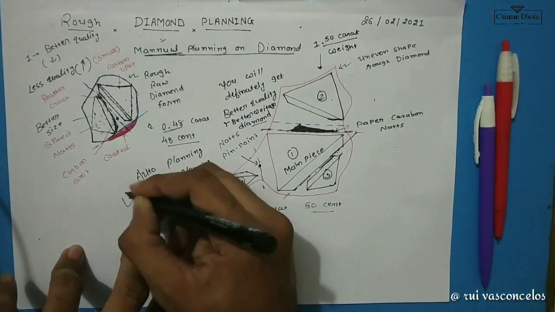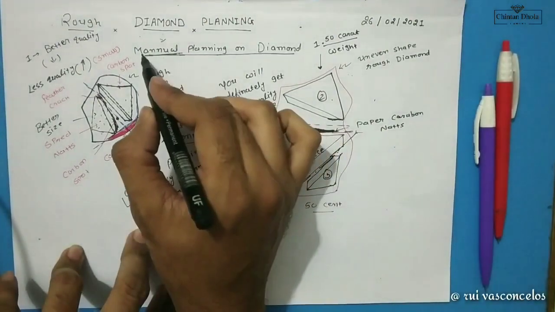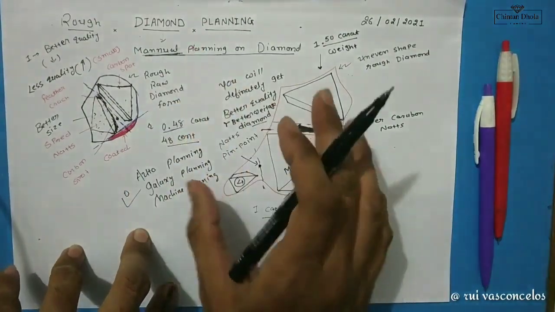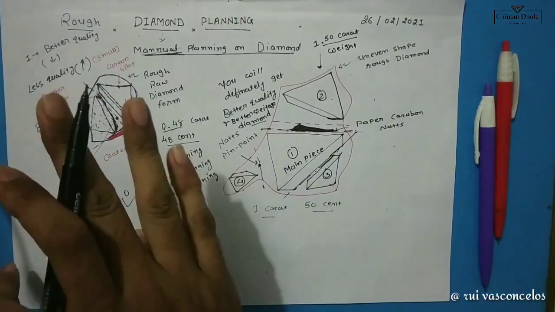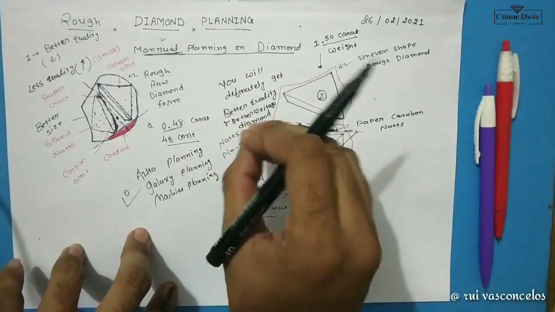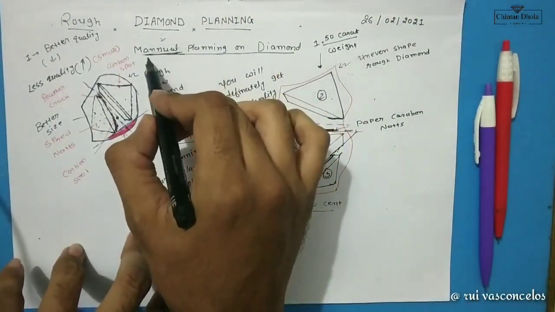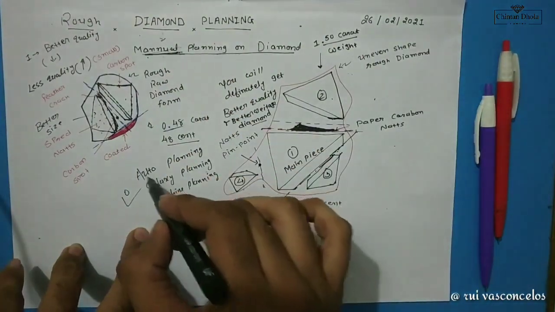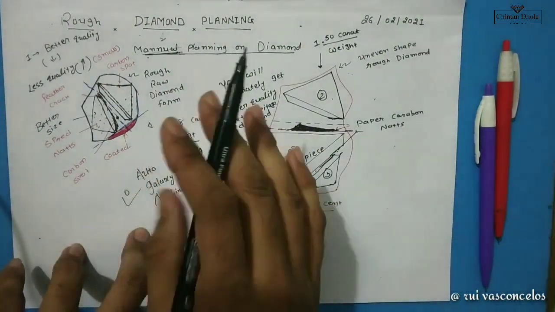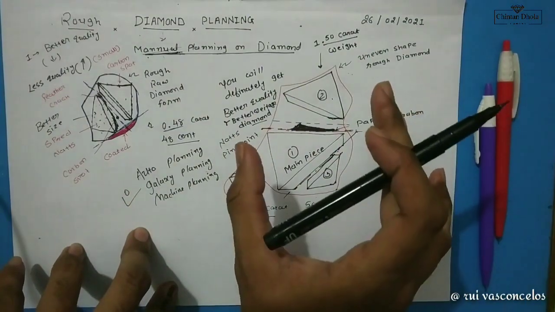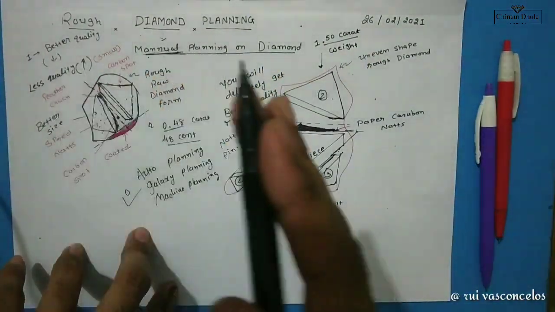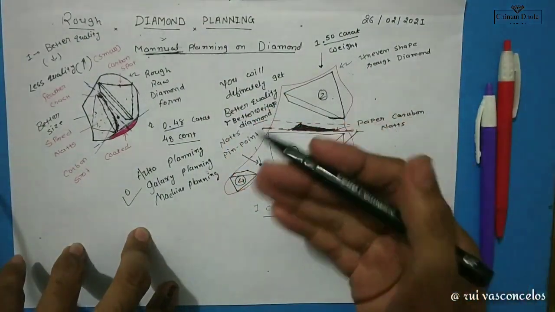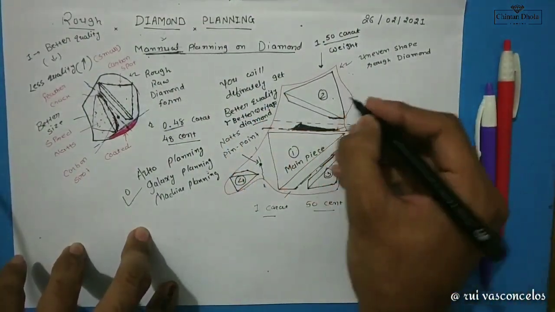Okay, those are good as compared to manual planning, but manual planning or auto planning is not available everywhere. In some diamonds you have to do manual planning, and in some diamonds you have to do auto, Galaxy, or machine planning. But it depends on you which type of diamonds you have and which type of investment you need to do in your particular diamond.